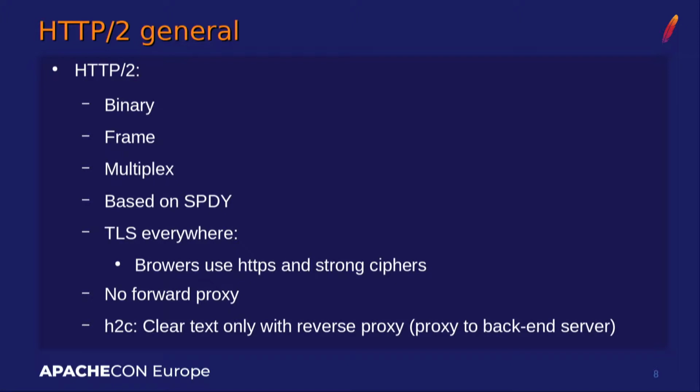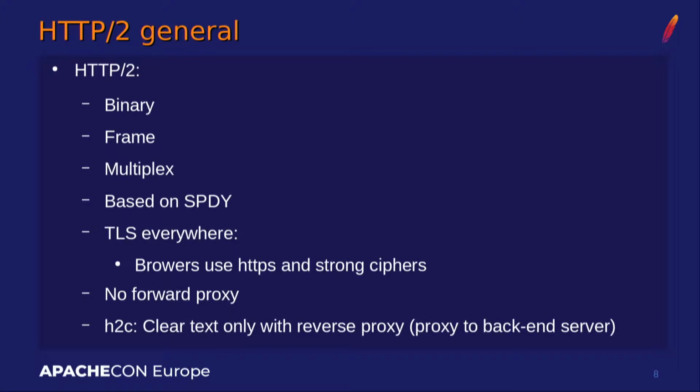So we had to look for something new. What could we do to make something new? First, we make it a bit binary. All the headers are going to be the same, so if you have a binary protocol, you can compress things. You can have all the headers compressed or encoded. You can have frames, and you can multiplex things. Basically, instead of opening several sockets, the browser is going to open one socket and multiplex the data in this socket.